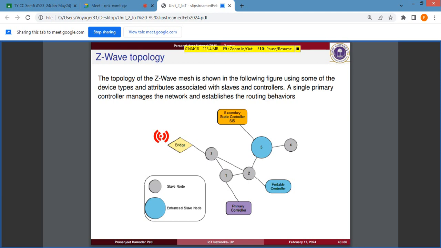The main task of these slaves is to repeat the information. Whatever information is received, it will repeat and send to the neighbor, and that neighbor will send it to the bridge, from where it will be connected to the backhaul network. The controllers, as I told, are of two types: the portable controller and the static controller. As the name suggests, the portable controller can move from one place to another, and it will be the task of the